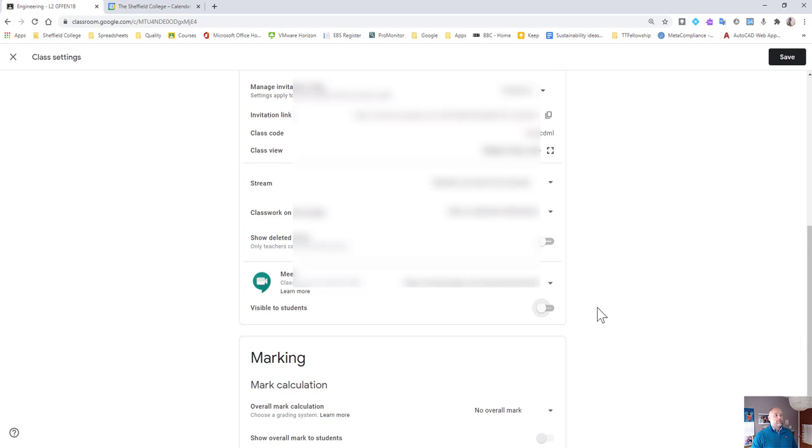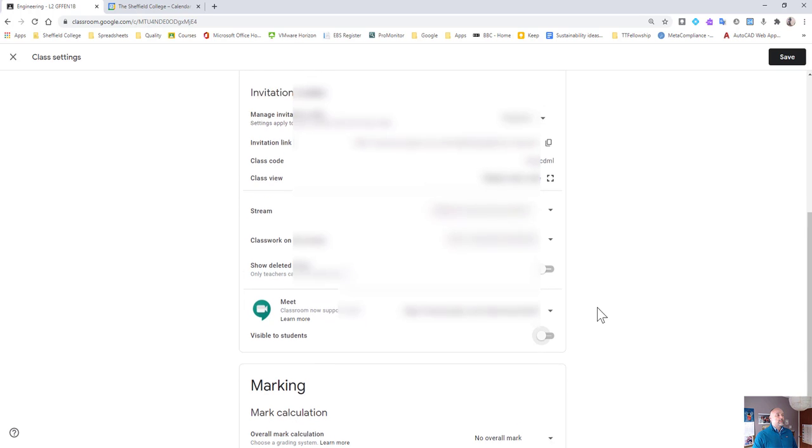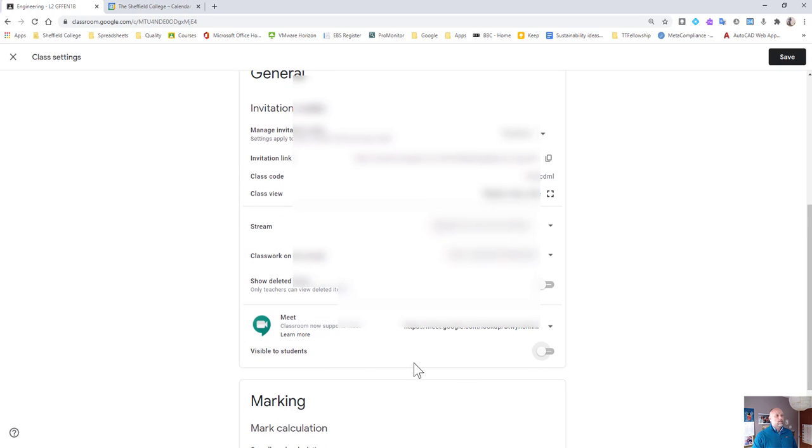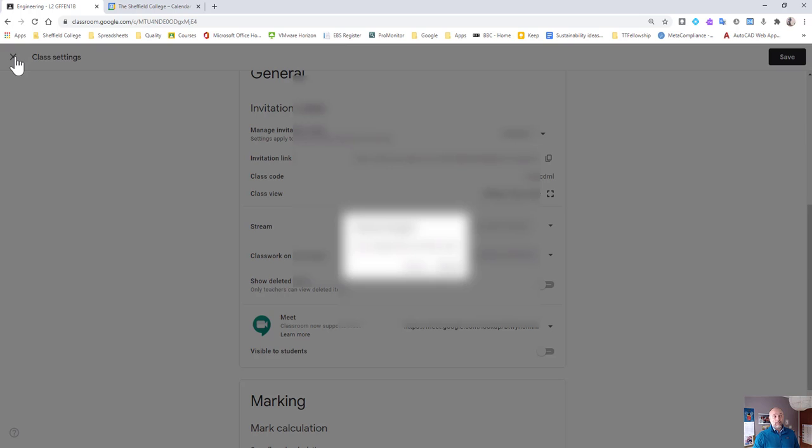So that is one thing that you can do. The second thing that sometimes happens is that the meeting there needs to be refreshed. So if I click on the down arrow there, we can reset it. So that is another possible cause for you not getting breakout rooms or the record function. Now, if you are using breakout rooms and the record function a lot, which a lot of us are, and that's brilliant,